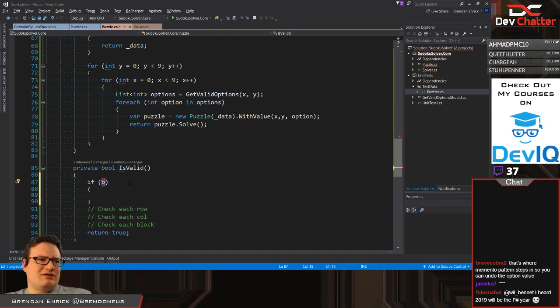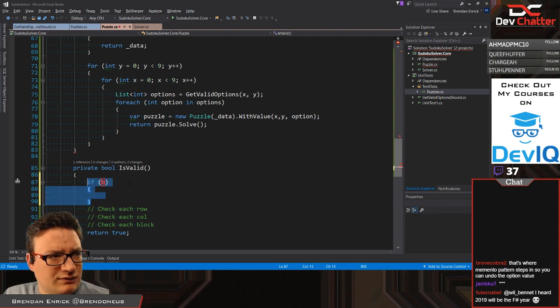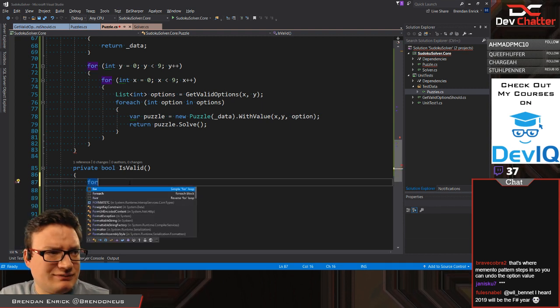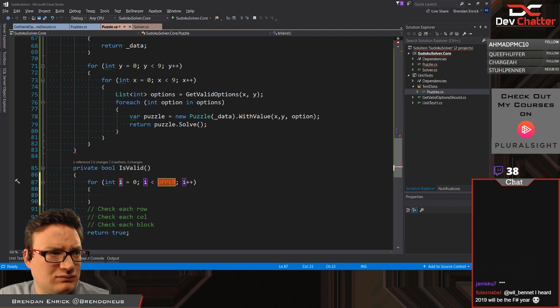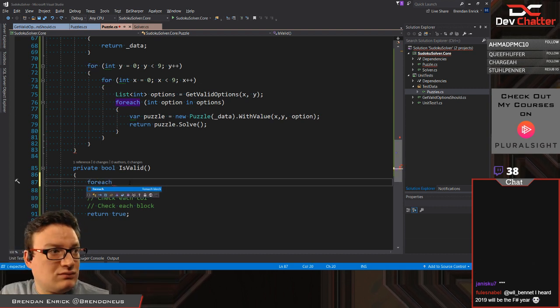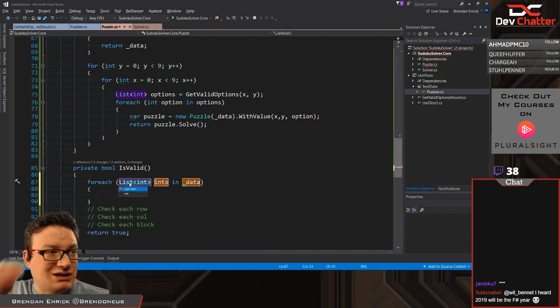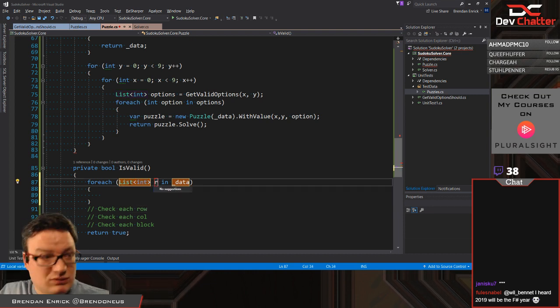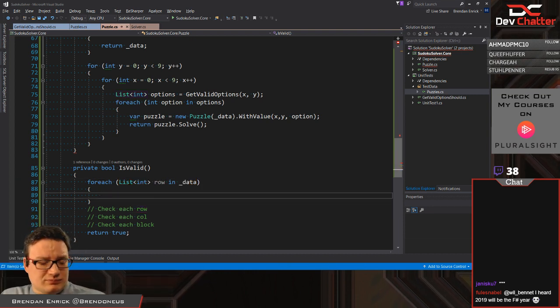And we're going to say if, so let's check the rows first. For each row in the data,